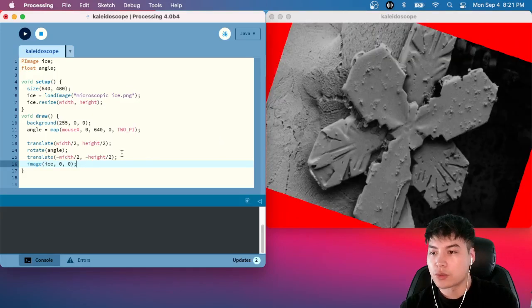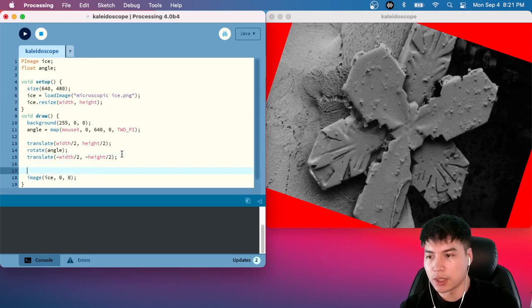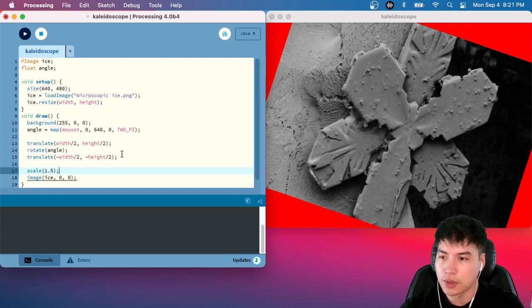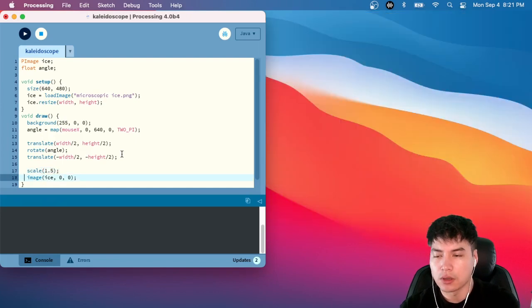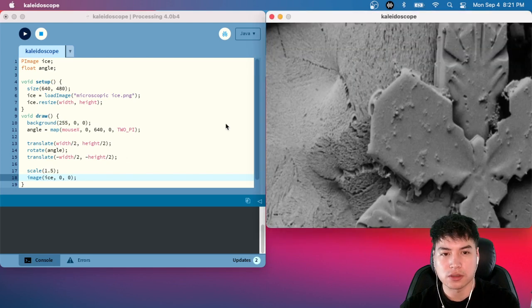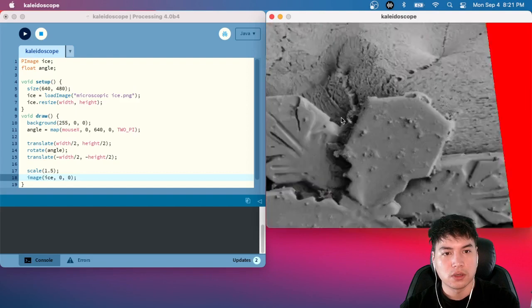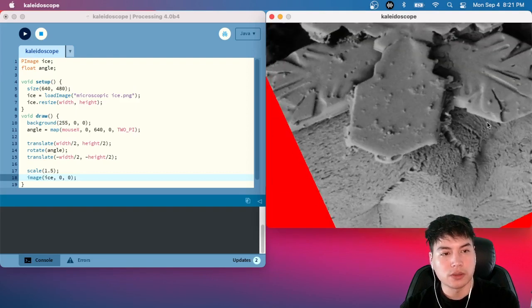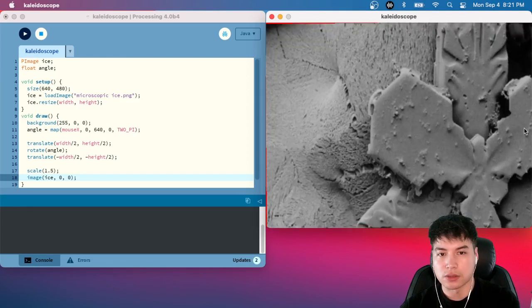So what we're going to do is we're actually going to scale the image up. So we can say something like scale, I think at this resolution 1.5 times might be okay. At the resolution we were at for the example, it's 1280 by 720. I think you need at least a scale of 2. Okay, so now we're running into another issue, right? This picture is no longer centered